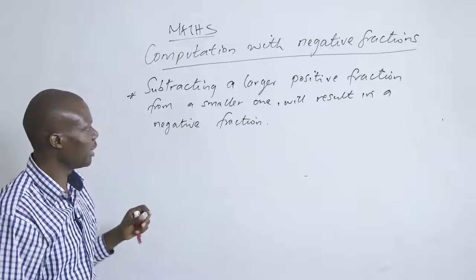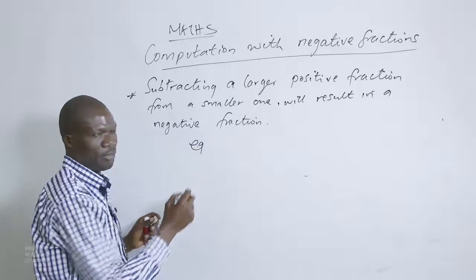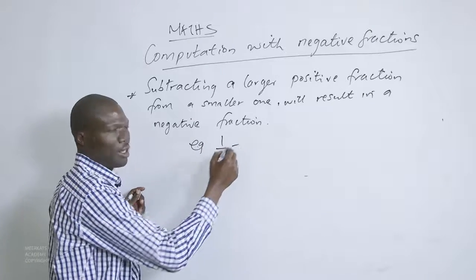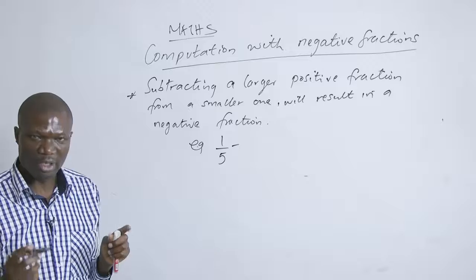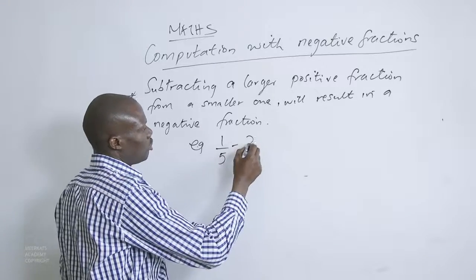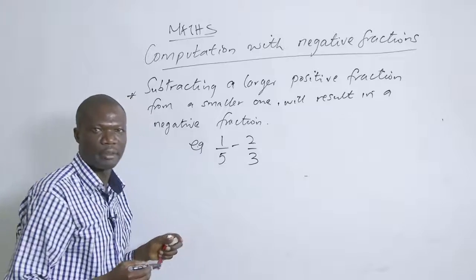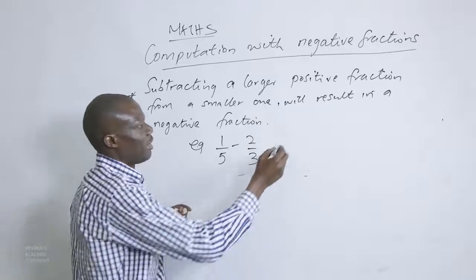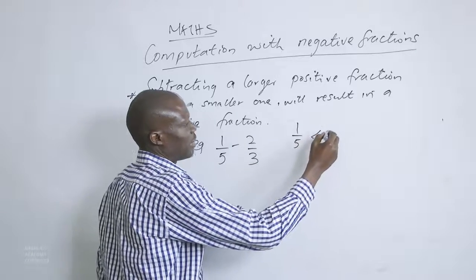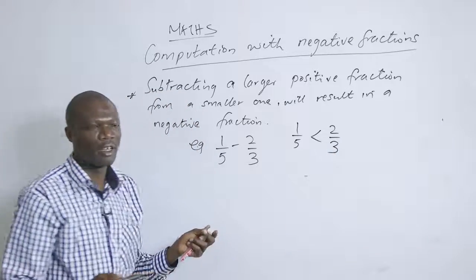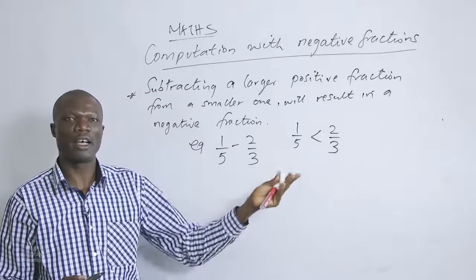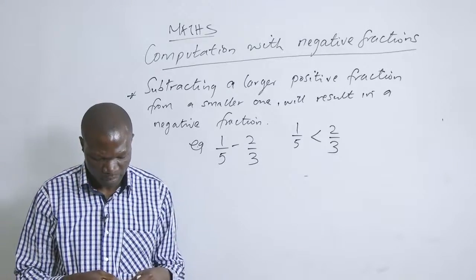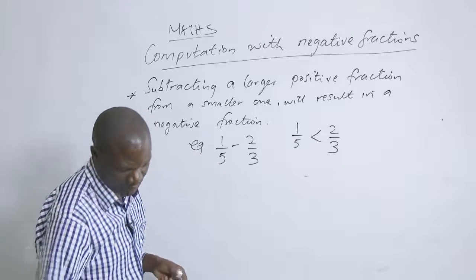What are we trying to say here? Let us look at the following. If we are given a number like 1 over 5, and we want to subtract a larger positive fraction, for example, 2 over 3. Now, in the ordinary case, we know that 1 over 5 is less than 2 over 3, which implies that what you are subtracting is larger than the main fraction that it is going to be subtracted from. So in this particular case,